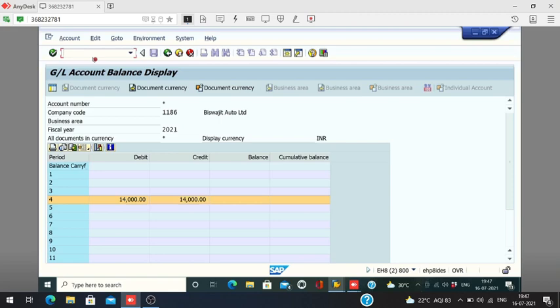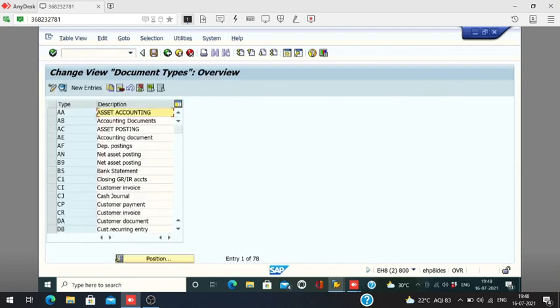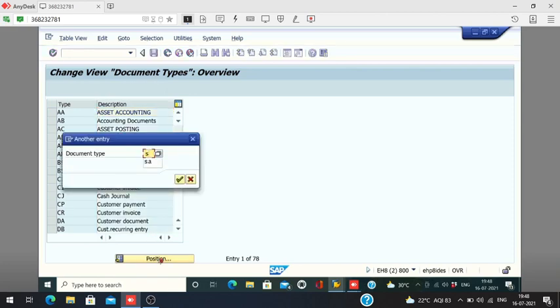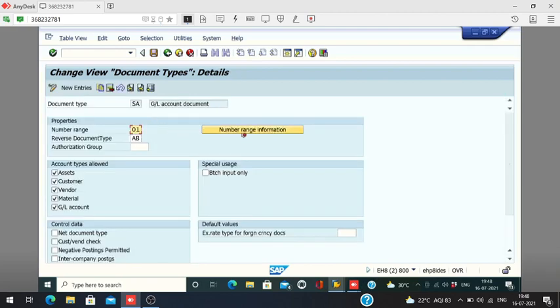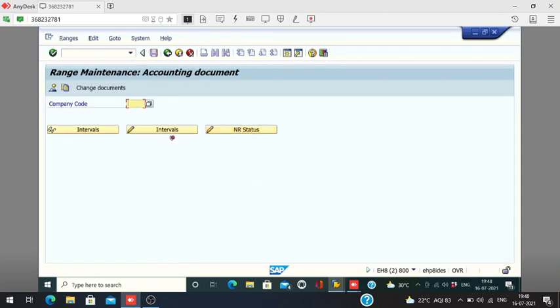So we see the trial balance, we see the GL balance, we see the account entry, how the system can post an account entry, and what a number range is also. What number range we have updated here, in OBA7. The system picks the number only from that number range. See here, click on number range, 1186.